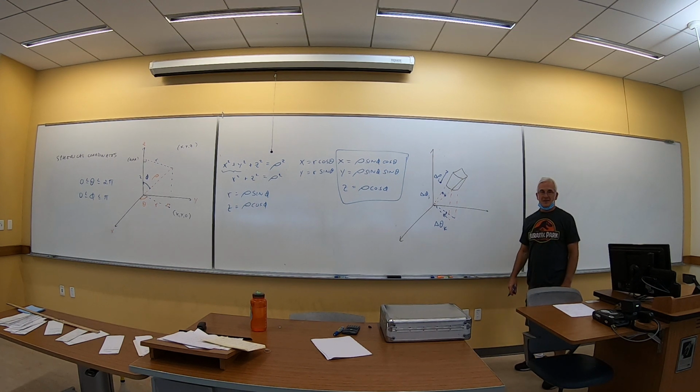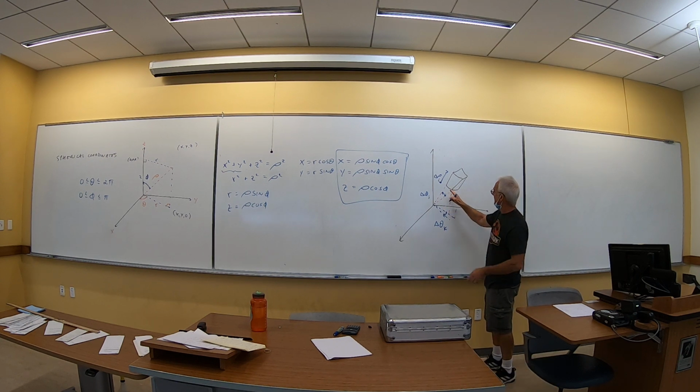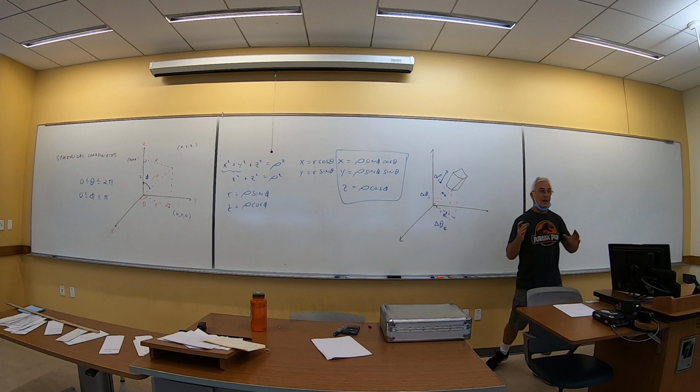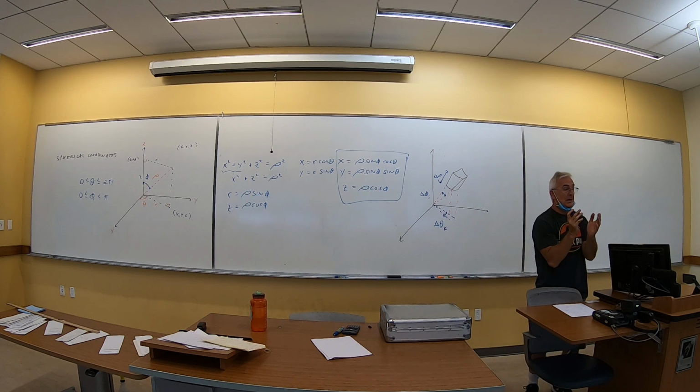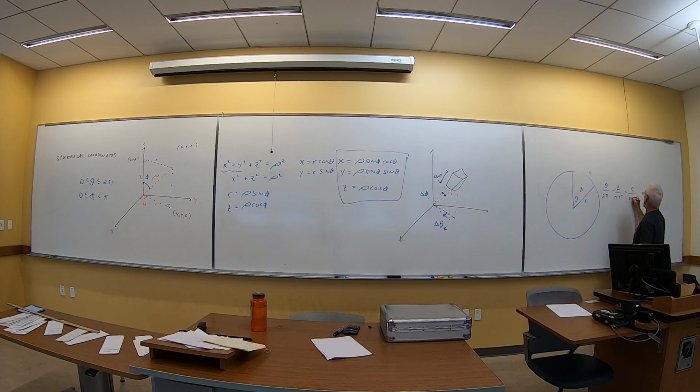What's the volume of that thing? The volume of that thing is technically going to be that times that times that. It's kind of prismic. It's not exactly prismic, but if I make it small enough, I can use the prism like we did with the circle. I can think of it as rectangular in that sense. So I remind you off to the side, something we already did today. If I put those two together,